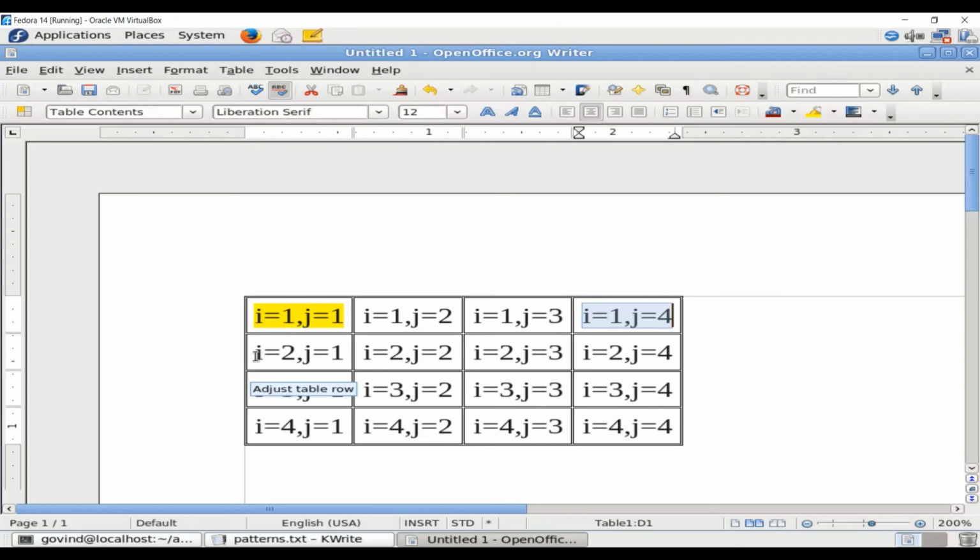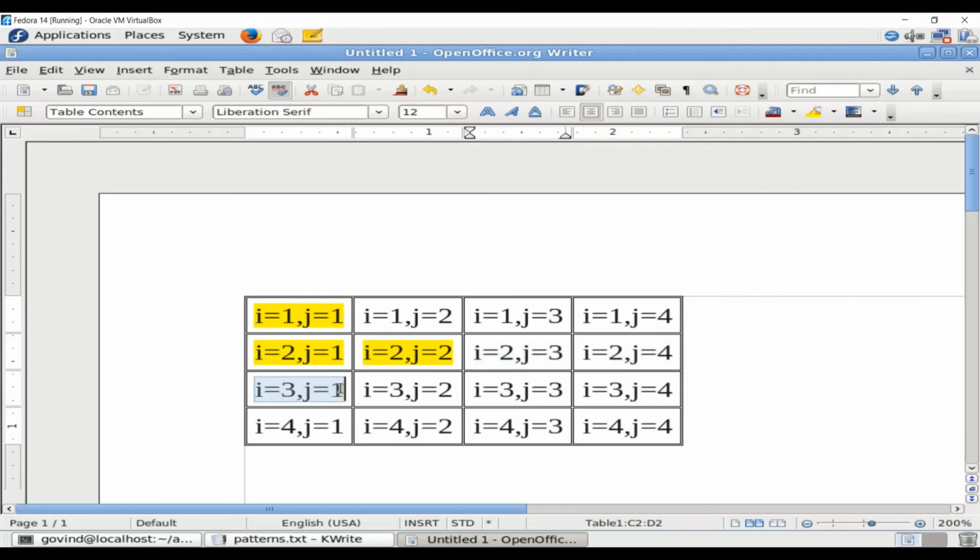Now let us see how many cells in the second row satisfy this condition. I is 2, j is 1. Yes, I is greater than or equal to j. So this satisfies this condition. So print the value of I. Here I is equal to j, so it satisfies this condition. Print the value of I. These two obviously do not satisfy that condition, so it will omit.